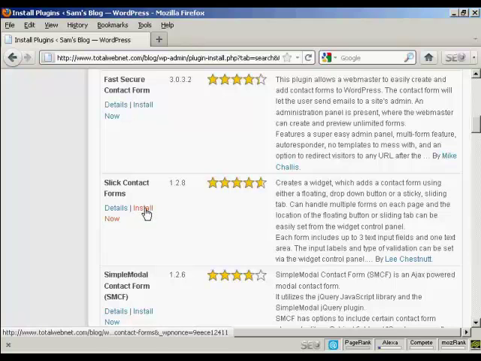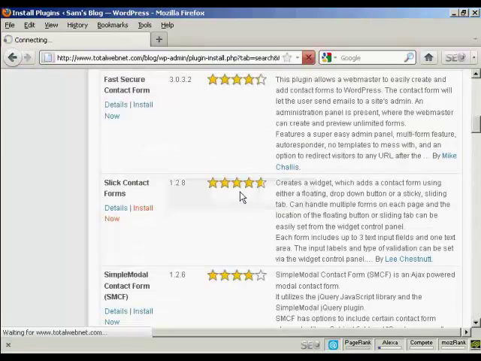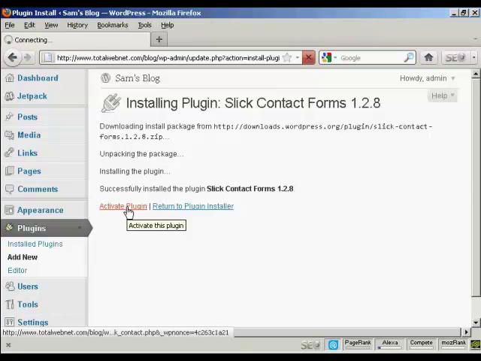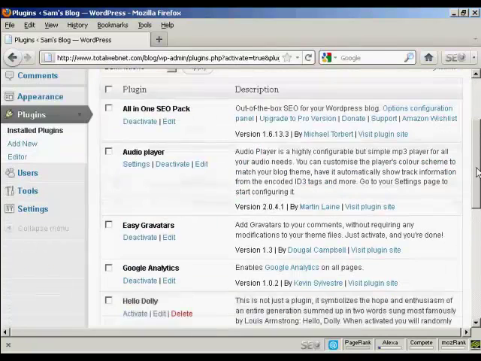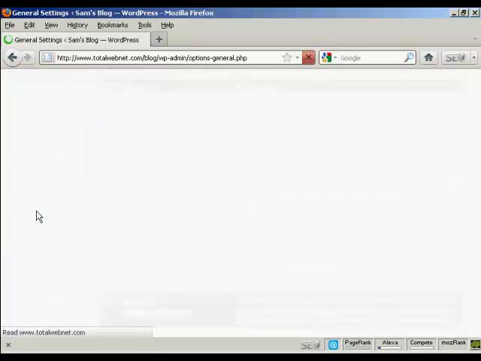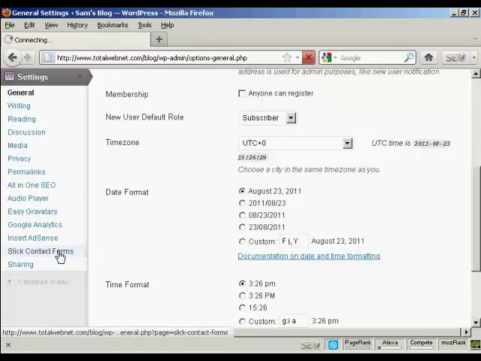So I'm going to go ahead and install it. So click on install now and click on OK. And that's installed. So I'm going to click on activate plugin. And there we are, the plugin is activated. So now I need to configure it. So come down here to settings, and Slick Contact Forms,